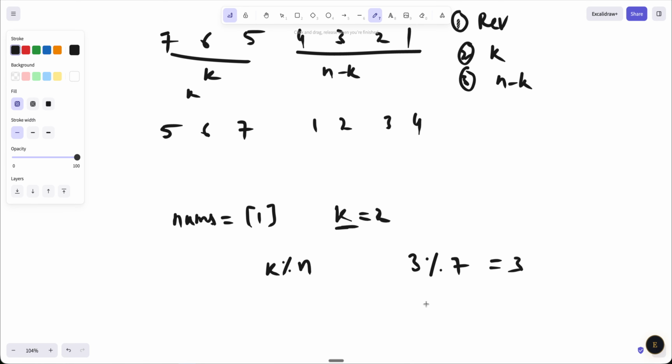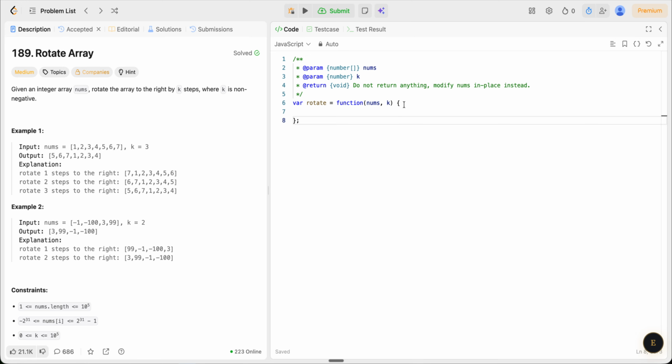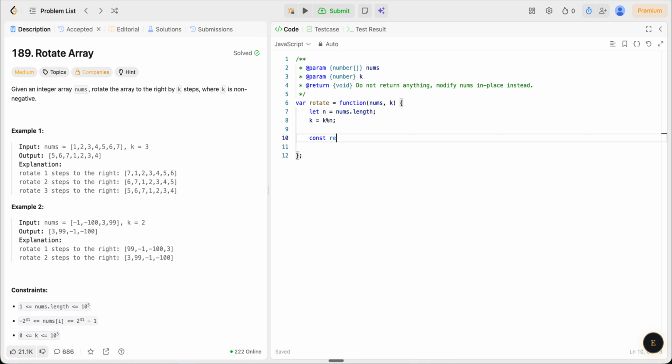Let's say for example I get 9 modulo 7. Instead of rotating it like 9 times, I can just rotate 2 times, I'll get the same result, right? Because of which we can do k modulo n, so that it will reduce the number of iterations or rotations basically. So here we'll calculate n, and k is equal to k modulo n,